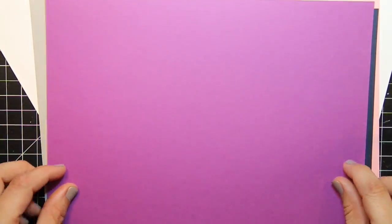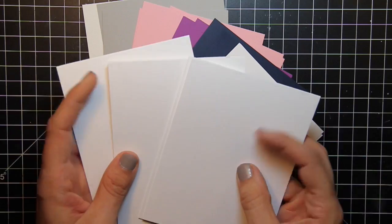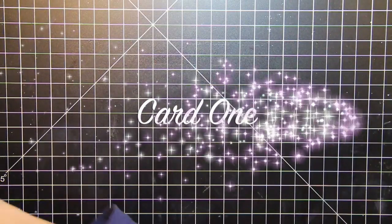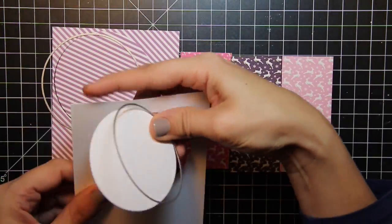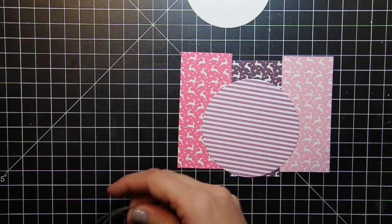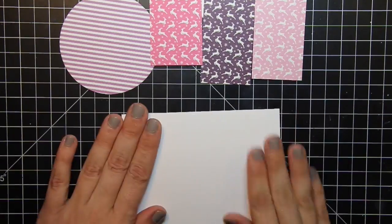I have decided this month to cheat a little and introduce some plain card stock in addition to my card frames from the kit. So this little pile of stuff you see here, I introduced from my personal stock. Everything else, for the most part, except for a couple of things listed on the top and these two dies, come from the kit. So you'll see the kit is filled with wonderful, fun goodies to make